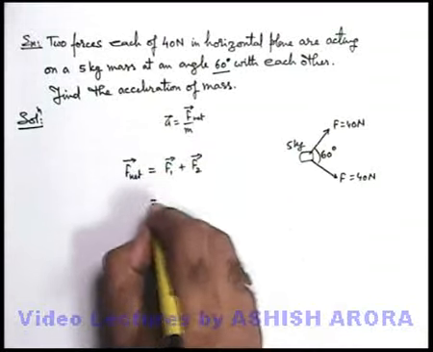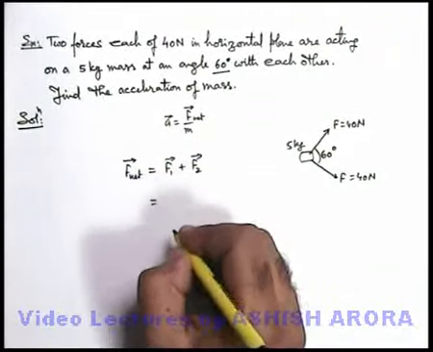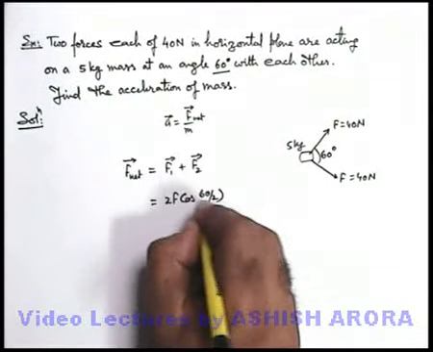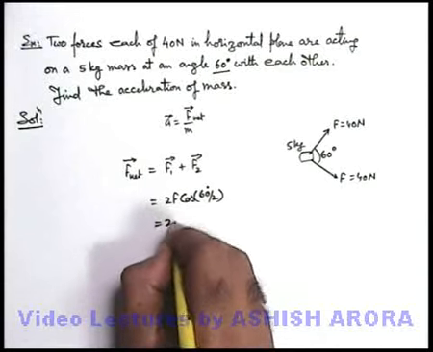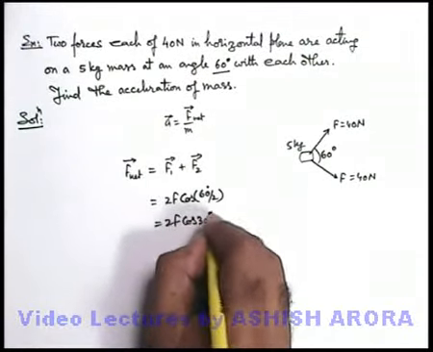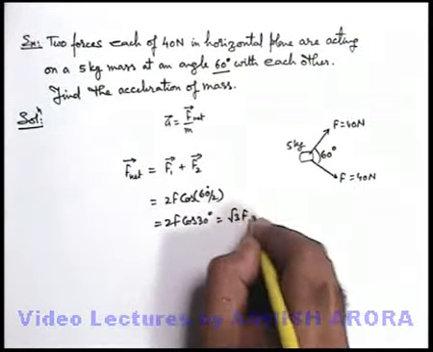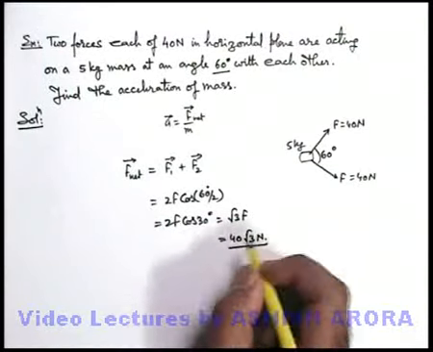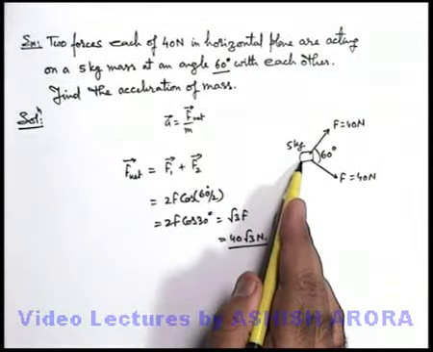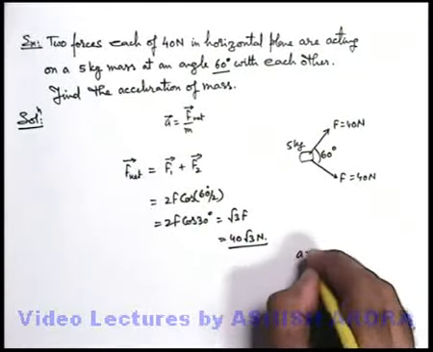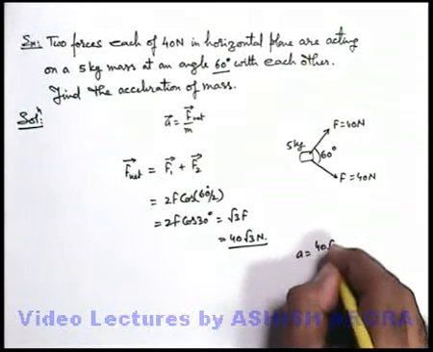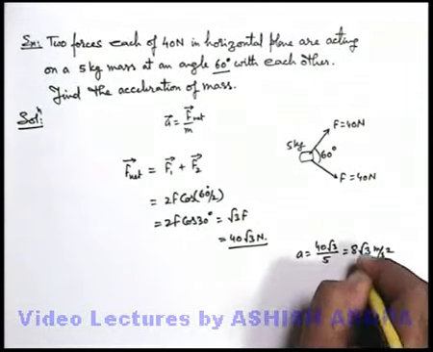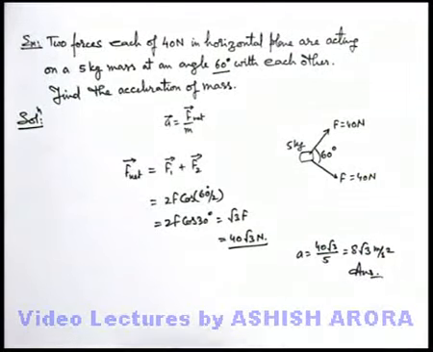The resultant can be directly given by the expression we have just covered, that is 2F cos of 60 by 2. So this will be 2F cos of 30 degrees, which is root 3 F. So here it will be 40 root 3 Newton. This is the net force acting on this 5 kg body. So the acceleration is 40 root 3 divided by 5, which is 8 root 3 meter per second square, our answer to this question.